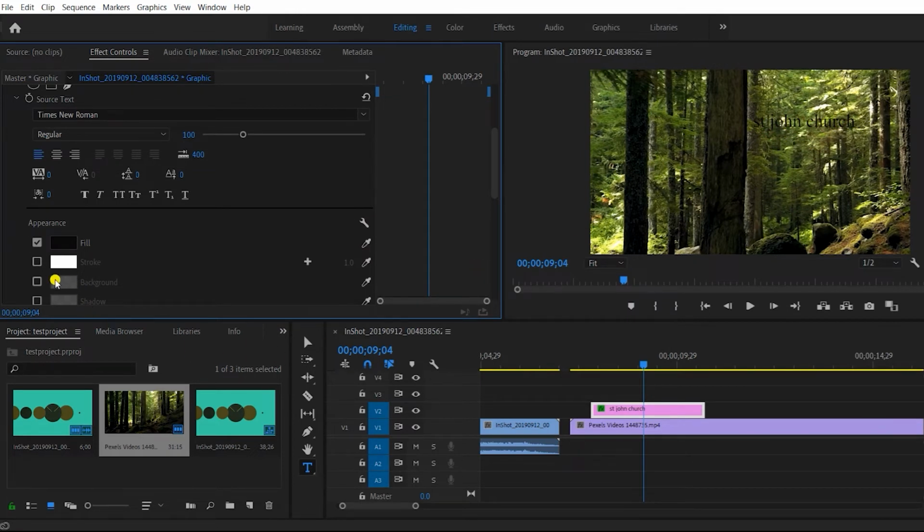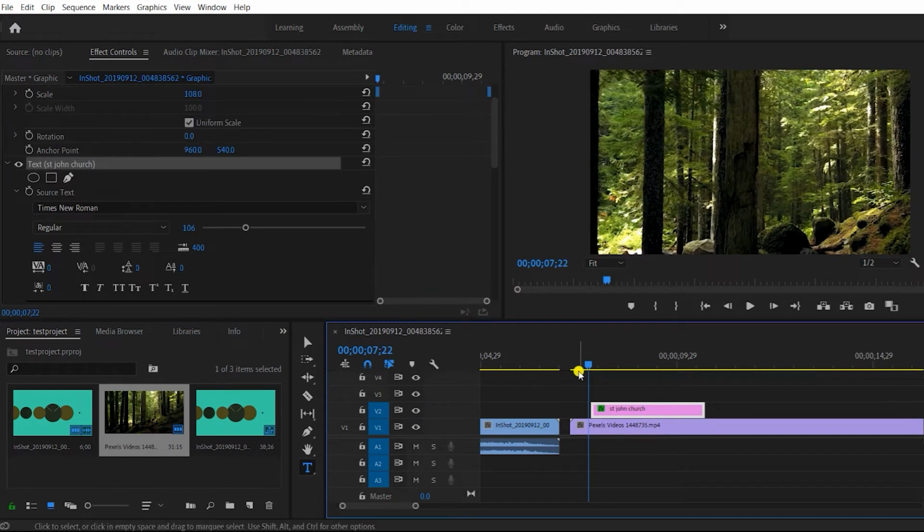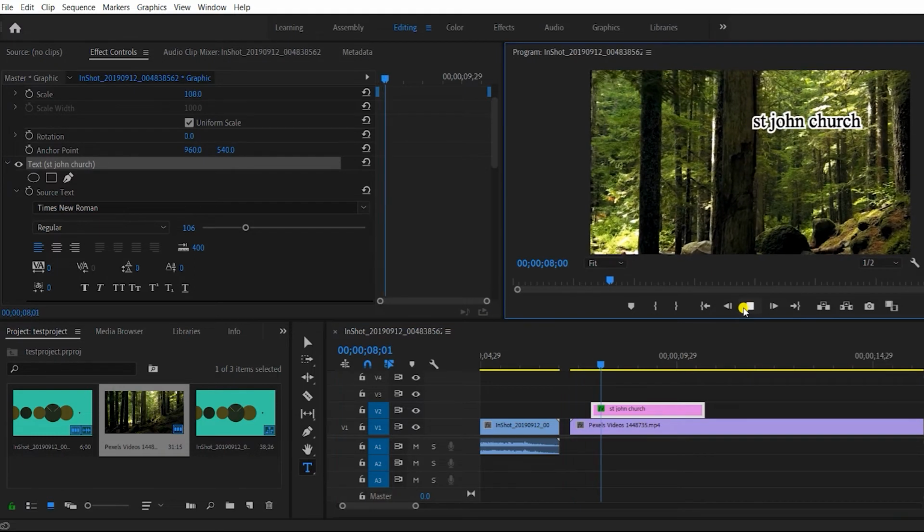Now you can also add a stroke over it to highlight it. So as you can see, the box has been unselected. You have to just select the box. So stroke has been added over here, and you can increase or decrease size of the stroke by left clicking and holding this cursor, dragging it to the right. See, which has increased size of the text. If you drag it to the left, the stroke size will be reduced. So I'll keep it right now at 24. So this is how your video will look over here.